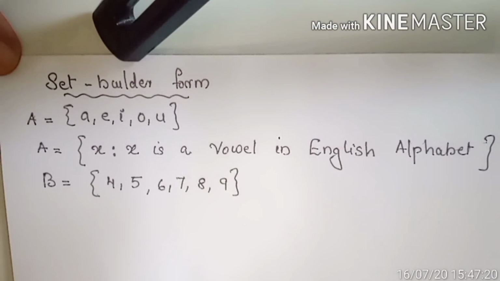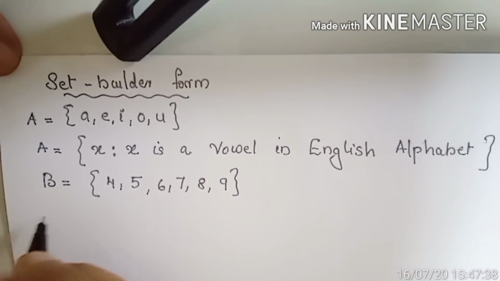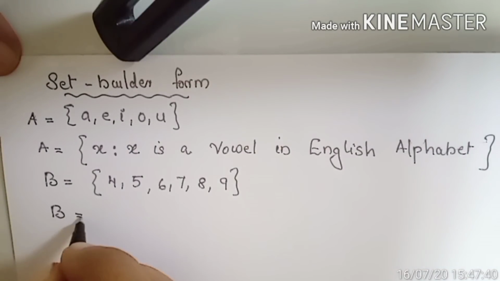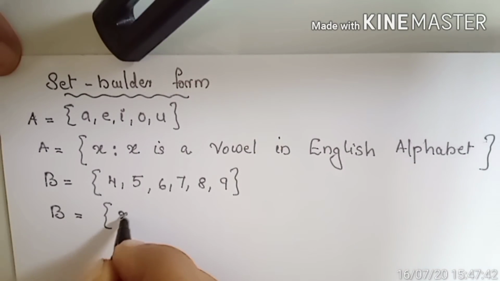Let B is equal to set 4, 5, 6, 7, 8, 9. These are natural numbers. Are all the natural numbers included in the set? No. The natural numbers in between 3 and 10, not including 3 and 10. How can we represent this in the set builder form? Then B is equal to set of all x such that